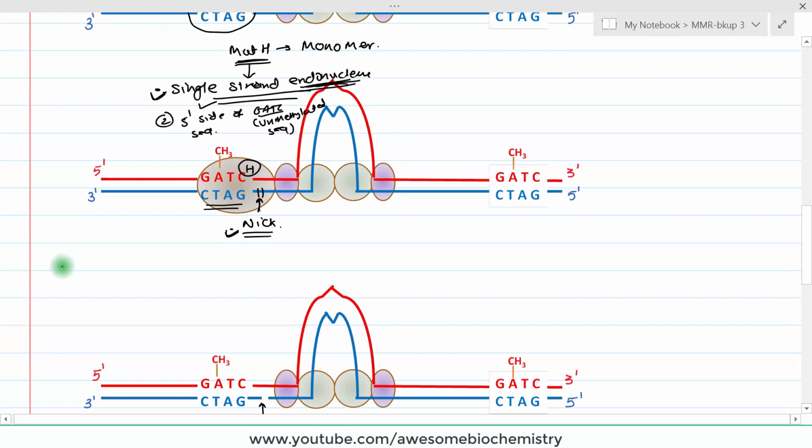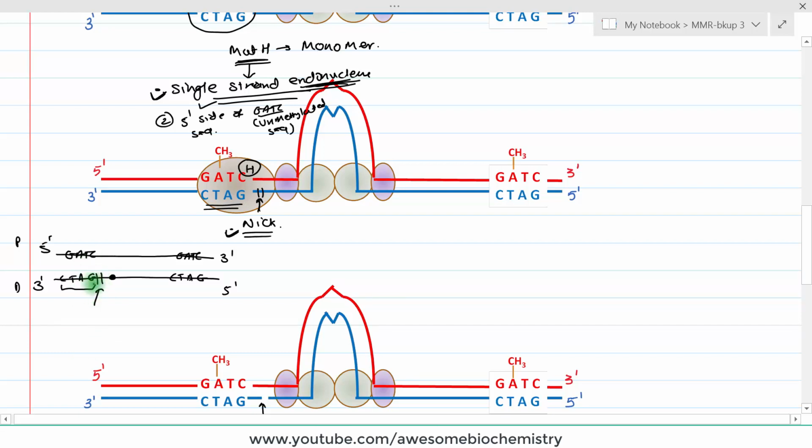So in the diagram, in a schematic fashion, suppose this is the 5' to 3' end, and this is the 3' to 5'. This is one GATC sequence. This is parental DNA, this is daughter DNA. This is also a GATC sequence. Here GATC, here also GATC. Just like this example, if the DNA error is over here, then this is the first GATC which is encountered, and so the cut will be over here, right?